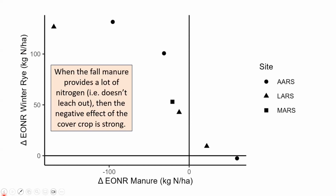we can go through it, but in all of these studies, I always had a comparison to no manure as well. So I always knew how much nitrogen the manure was applying. This side of the equation implies situations where the fall manure provided a lot of nitrogen. You put out manure in the fall, it stayed put, so to speak, and provided a lot of nitrogen to that next crop. In those cases, when the manure is supplying a lot of nitrogen,